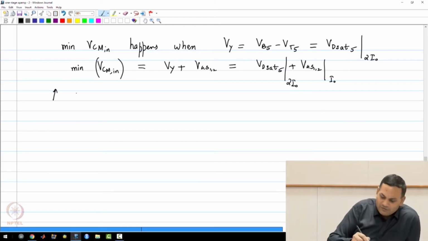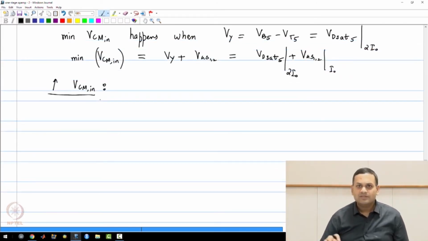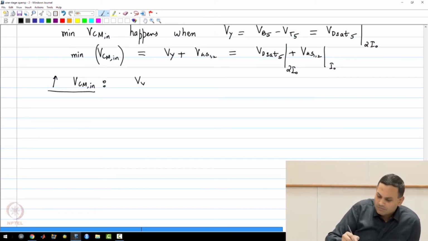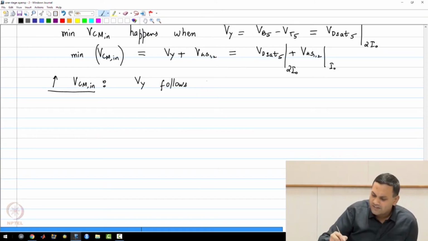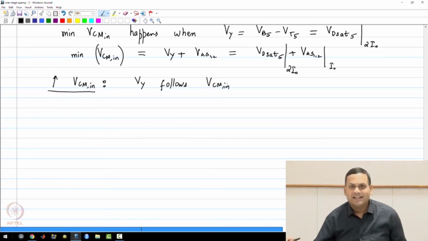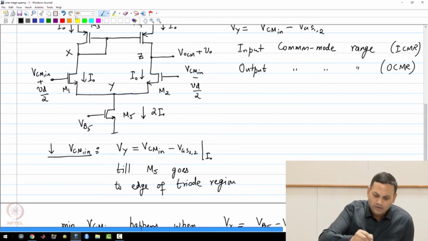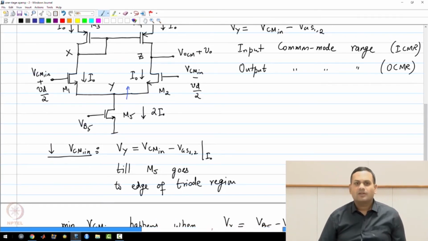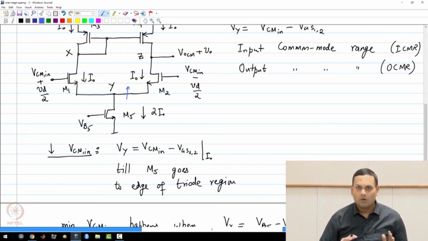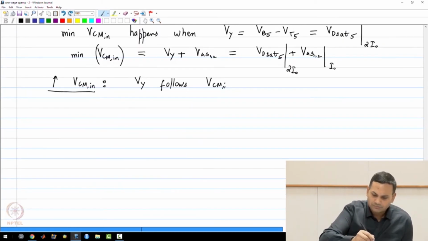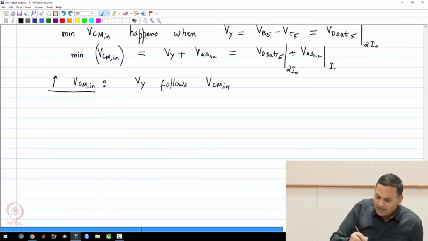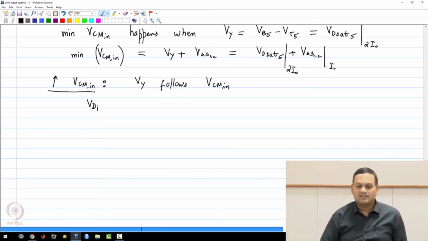Now next we'll see what happens if you start increasing VCM in. If this happens, of course, Vy still follows VCM in. But the nice thing about this is that Vy is now going to increase, and when this happens, M5 goes further and further away from the triode region, which works well for us. So there is no problem with transistor M5. But let us quickly look at transistor M1. If you look at the drain voltage of transistor M1,